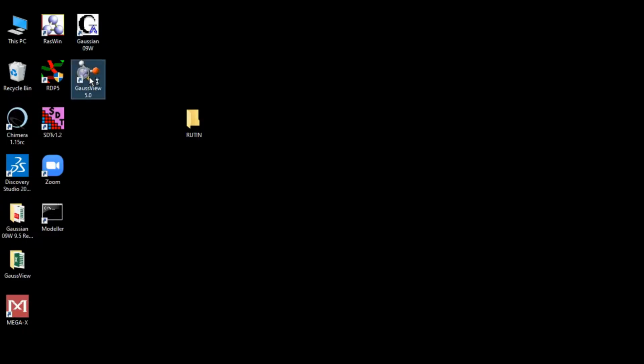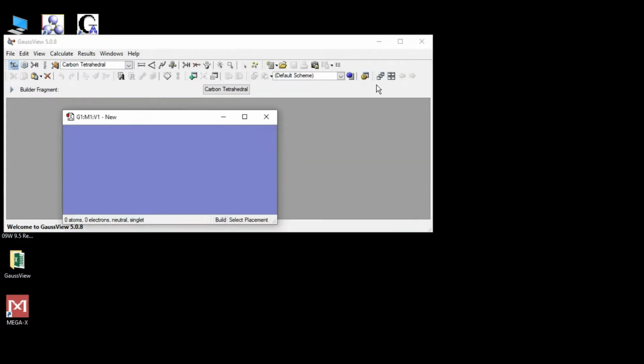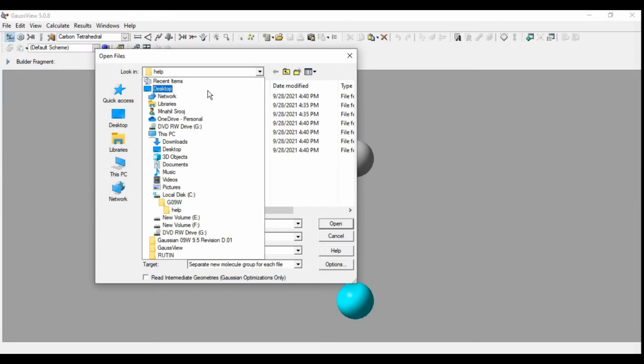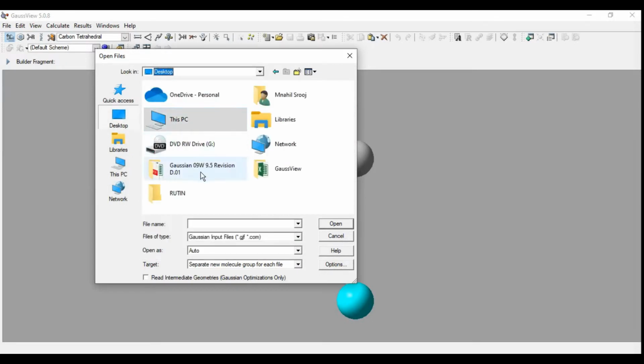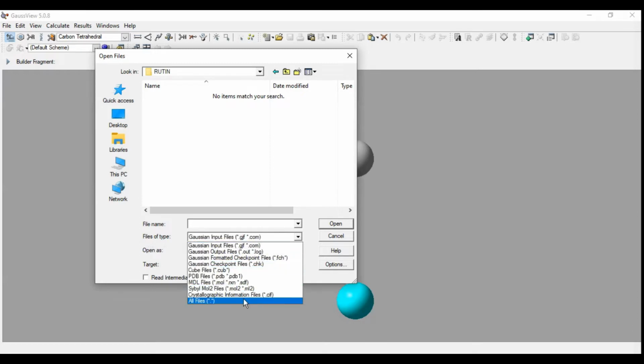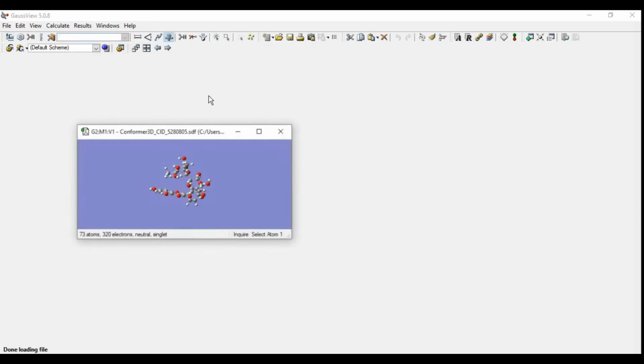Open this SDF file in the GaussView program. From here we have to select our file location as the folder was saved on desktop, so select the desktop option and open rutin. No items match your search, so we have to change our files of type, select it and choose all files and open the 3D SDF file of rutin.